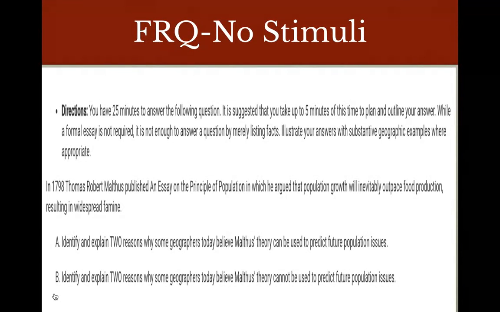Do not provide fluff or write long journals about something that's irrelevant. Be concise to the exact question and what it's looking for in a response. In this case, it's looking for issues that relate to Malthus, where you're just explaining what results in population issues